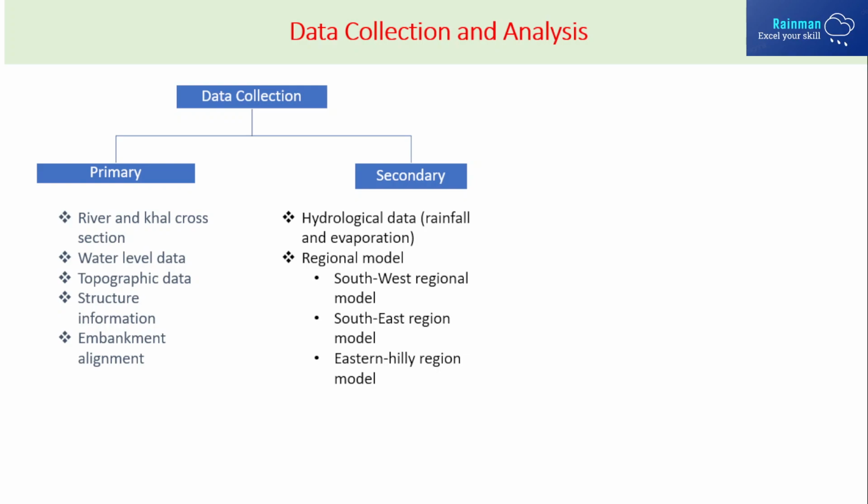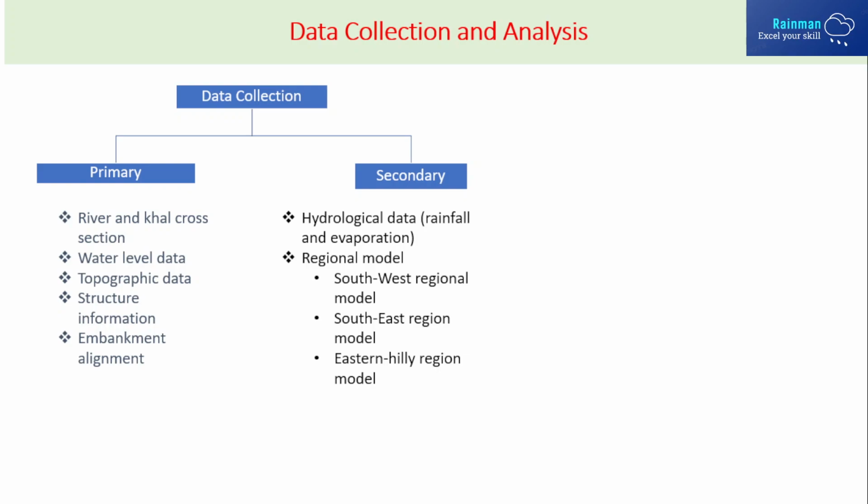To conduct a study or a research work, first of all, we need good quality data. Our model result entirely depends on the quality of our data. So primarily we collected river and cross-section, water level data, and topographic data, and structure information and embankment alignment